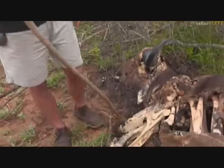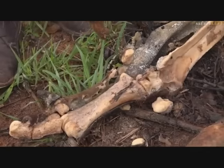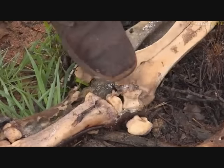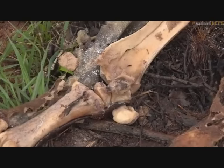Here we go. Let's have a look. If you look, I actually got it wrong. I always get it wrong the first time round. The carpal bones are these funny little bones in here. Those ones there. There are the carpal bones. Those are your wrist bones there. And there are 4 or 5 of them sort of in between what is essentially